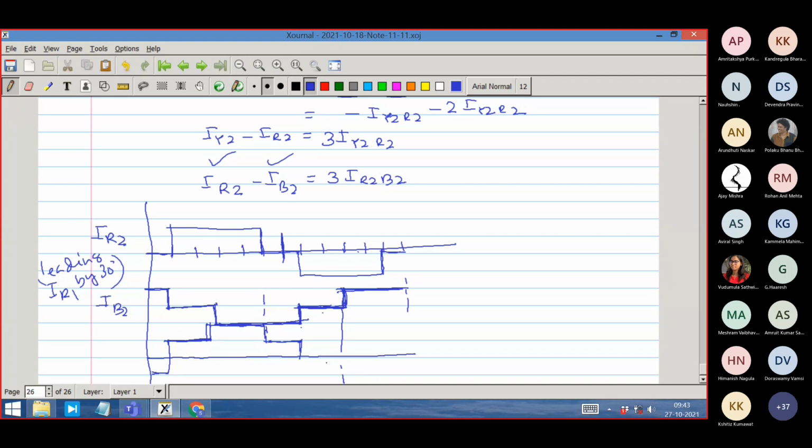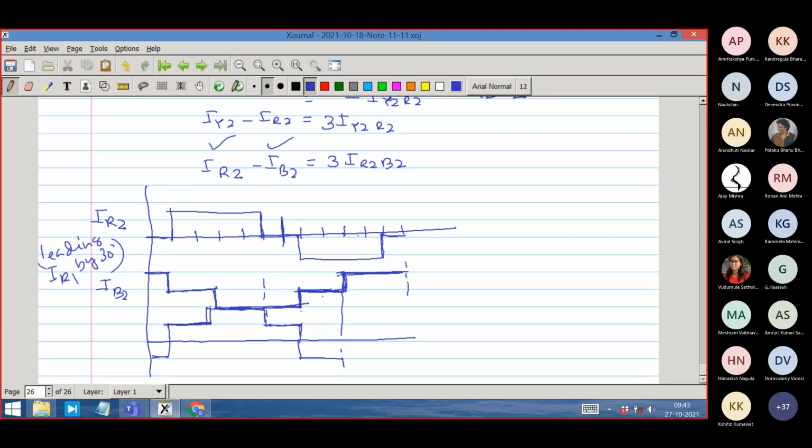Okay, so going negative, right, and then going more negative, and then going more thin, right? So this would be the waveform of